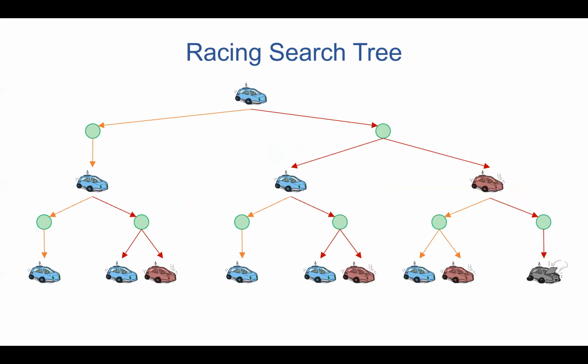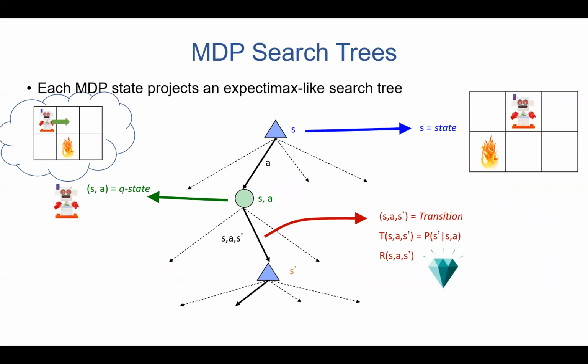Have we talked anything about the rewards in expectimax? No. So the question is, where do those rewards get in here in this tree? That's what we try to solve in MDPs, and that's going to be the fundamental basics of reinforcement learning. How do we do that? Now we don't have just the state and action anymore. We have state, action, and we have the Q-state. This is something that we're going to talk about a lot in MDPs.